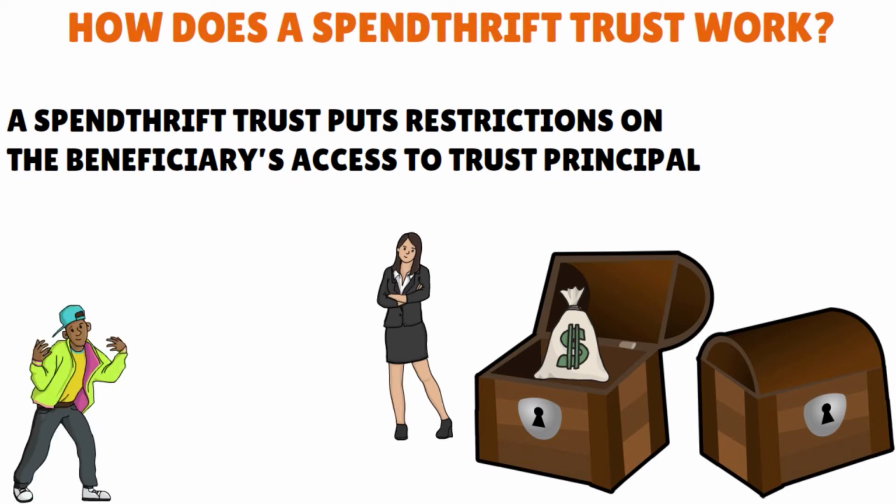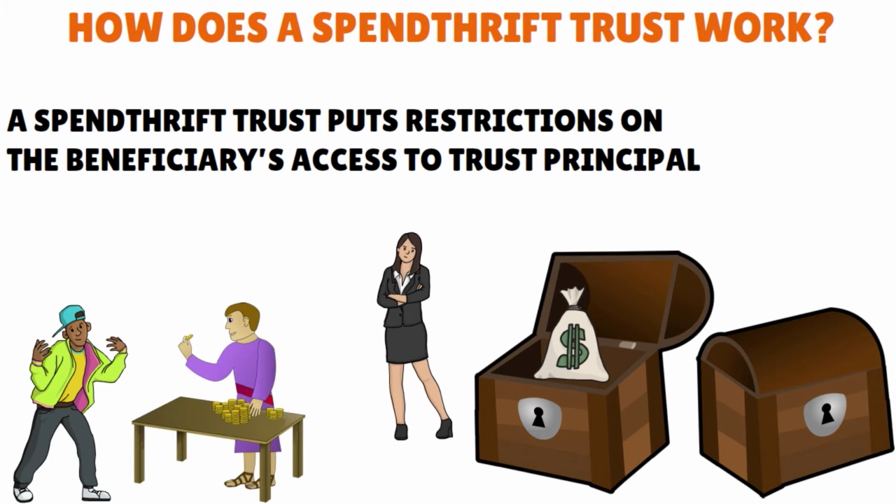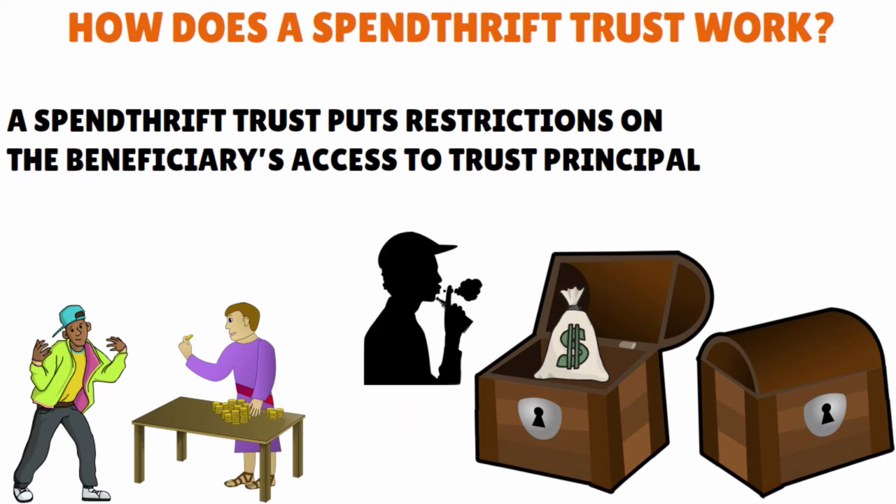Instead of having direct access to trust property, the beneficiary receives benefit from the trust through the trustee named in the trust. So, for instance, the trustee can send regular payments to the beneficiary so that the trustee makes sure that the trust principal is always taken care of, always shielded, always preserved. And so if stuff happens, if the beneficiary spends the income unwisely, it's okay, or if he or she gets a lien on that income because he or she owes people, it's still okay because